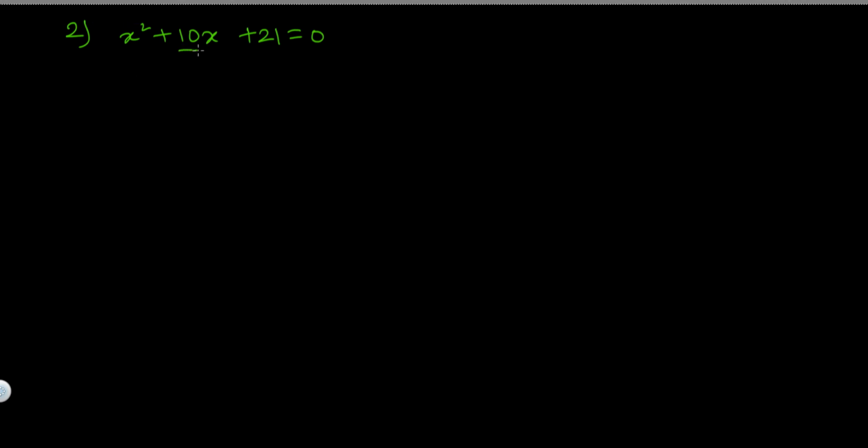Here we should have a plus b as 10, whereas a times b must be 21. So because we have 1 over here, 1 times 21 is 21, so let us write 21 over here. But on adding we should get 10. So how to get that one? So let us divide 21. 21 times 1 is 21,